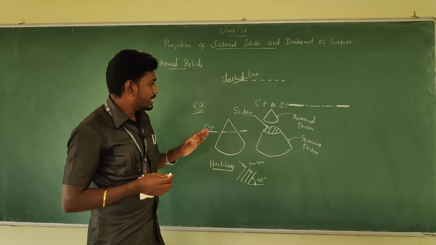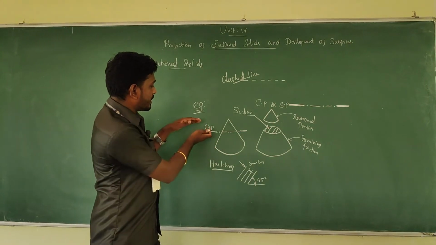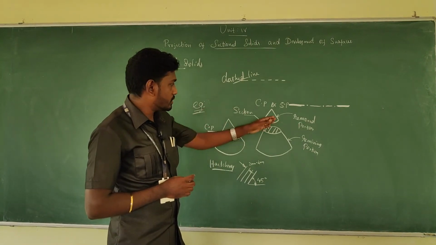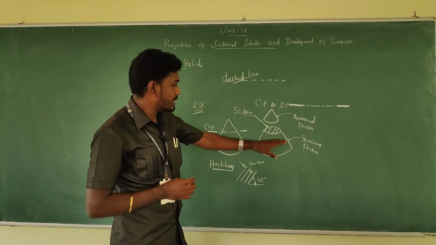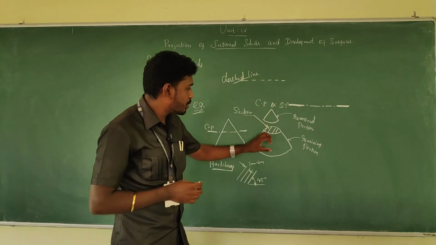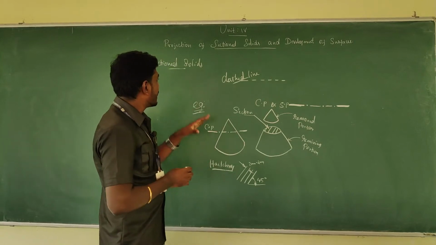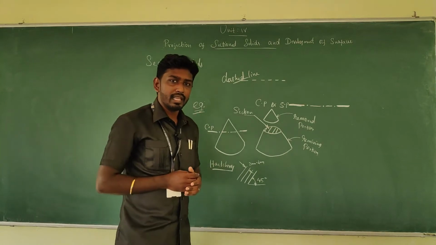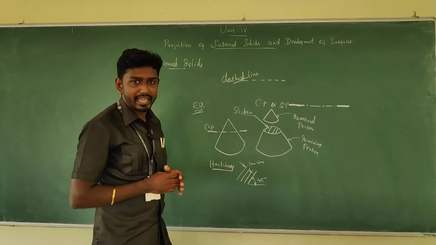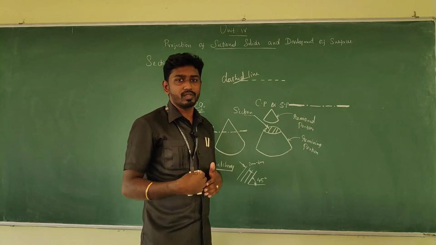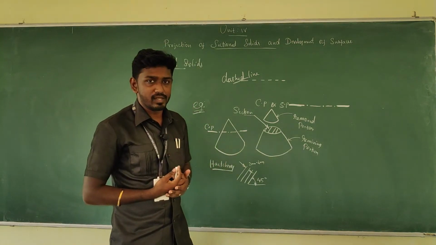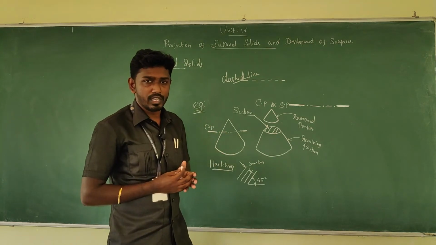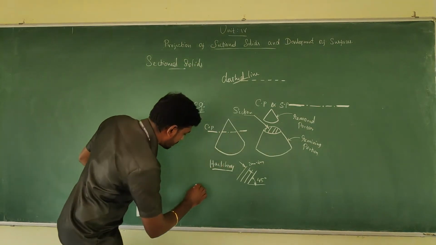The portion between the cutting plane and the observer, we call the removed portion. This is the removed portion, this is the remaining portion. This portion is the record part. Using this kind of technique, we find the internal part of things. I have given a basic idea. When you are dealing with the problems, we will get a lot of ideas on how to form the true shape of the object. What do you mean by true shape?